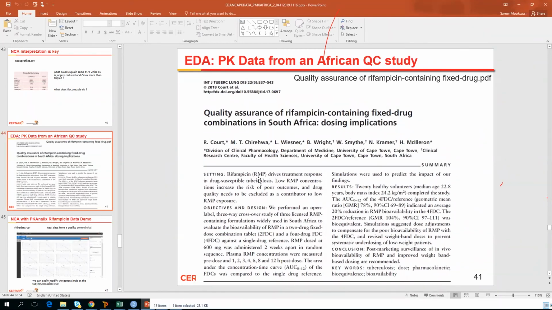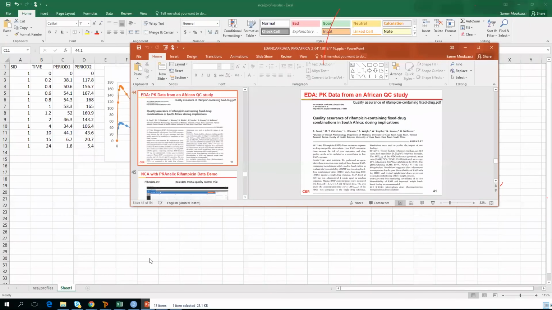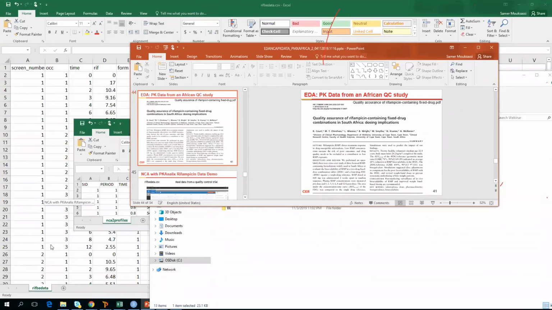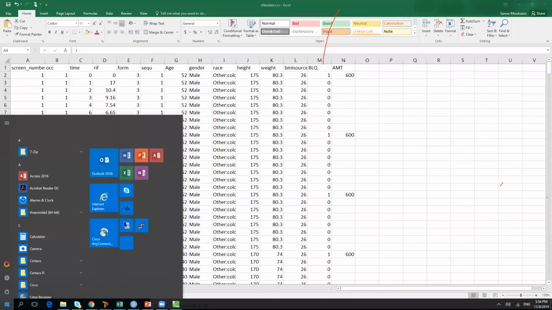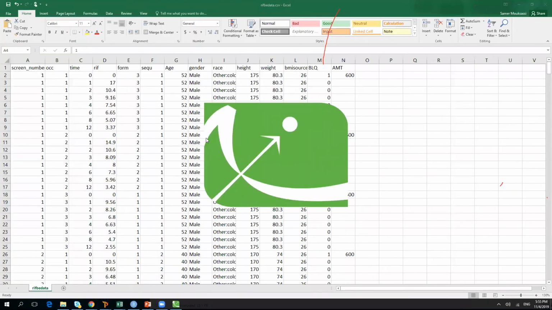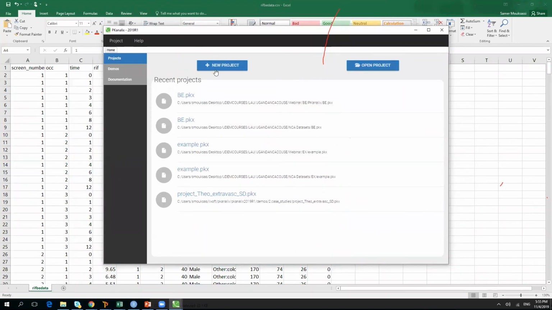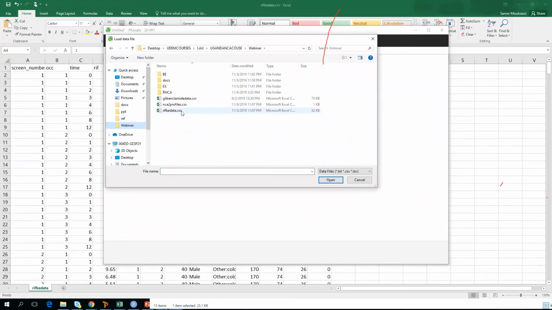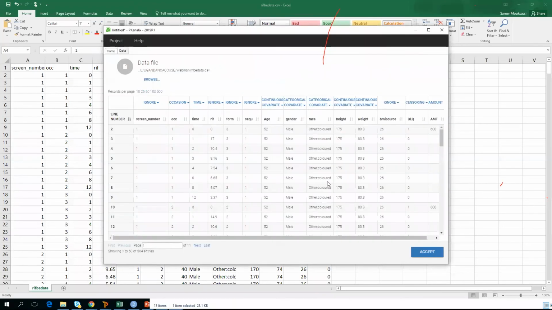So you will have a copy of the PDF. We have a reference formulation and two others. So you can read it and understand more about the design. But if we close this, I will open PK Analytics again just to show you that. So I'm opening a new project, completely new one. New project, browse, to show you how quick it can be. So I'm loading the rifampicin